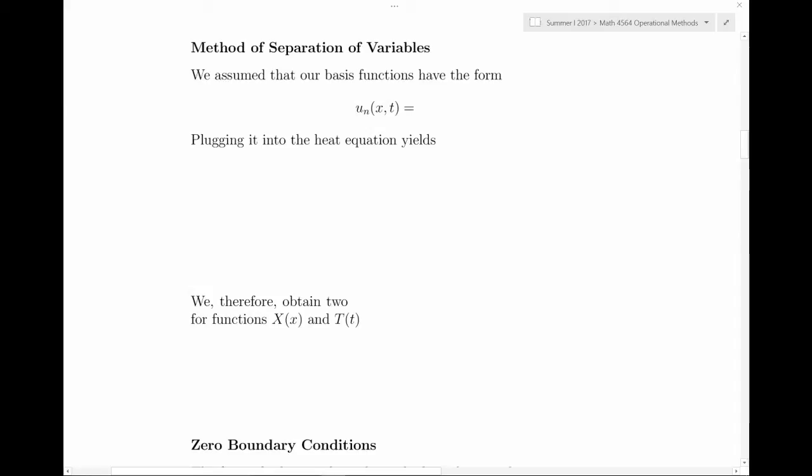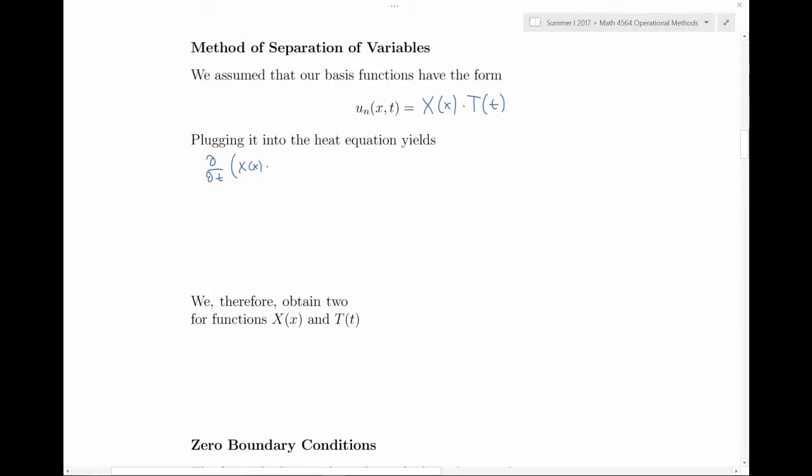So here is how this method actually works. We assumed that each solution is a summation of functions of the form X of x times T of t. Each function u sub n will have a different form of function X of x and T of t, but for clarity I'm not going to put an index on the functions X and T. If we plug this into the heat equation, we get that the time derivative of this product